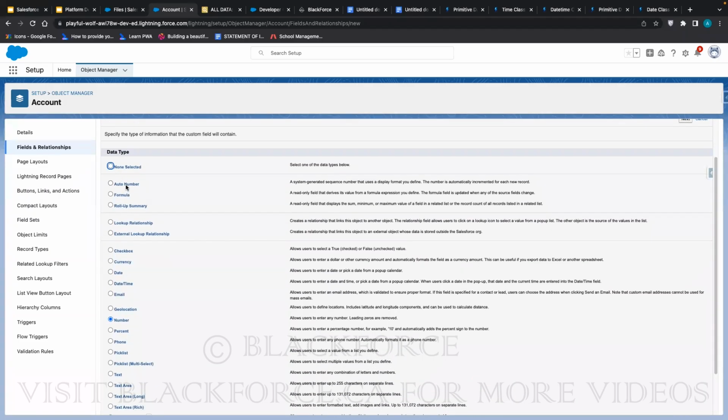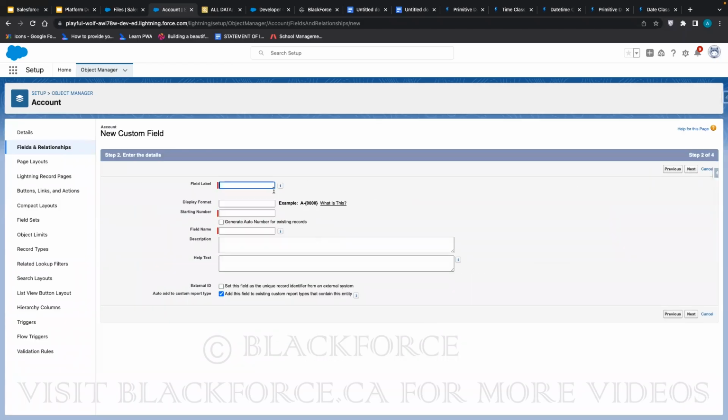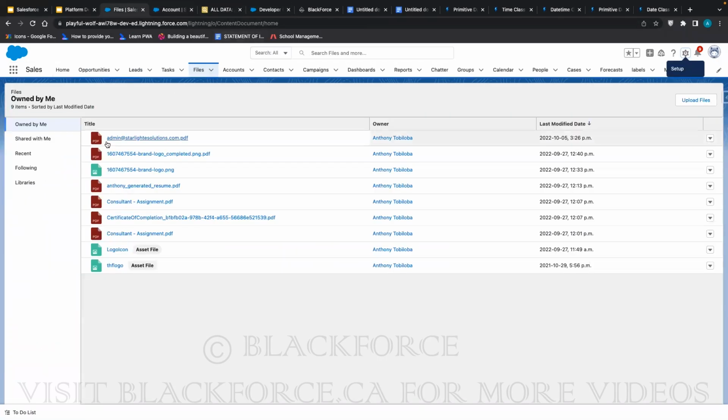Auto number is a string, depending on what you say you want to use. Yeah, auto number is actually a string. Starting number, because you can have text. It's not just number that you can take, it can also take text. So auto number is also a string. But this ID, like this,